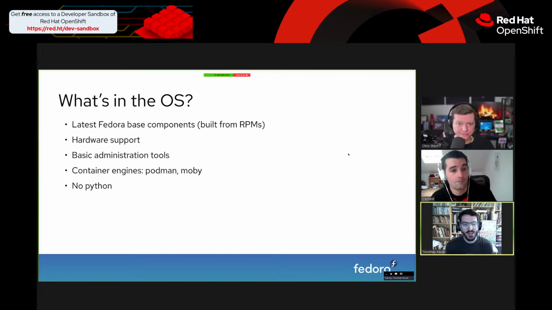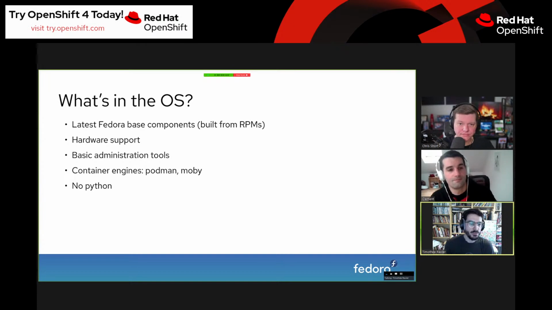So what do we actually have in the OS shipped with Fedora CoreOS? Well, the main thing to remember is that we ship Fedora. We ship Fedora RPMs, so we ship almost 99% of the same content as Fedora RPMs. So if it works on Fedora, this will work on Fedora CoreOS. And if it works with the Fedora CoreOS kernel, it will work on Fedora CoreOS, and so the hardware support is the same as classic Fedora. So yeah, Fedora CoreOS is Fedora,